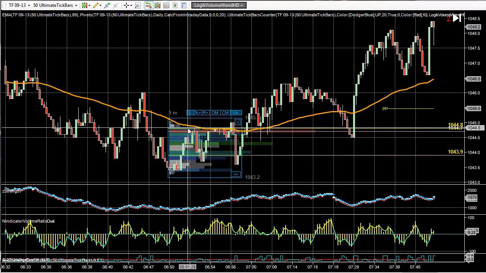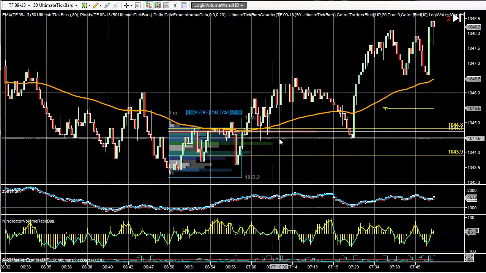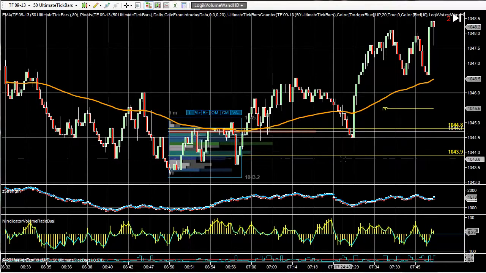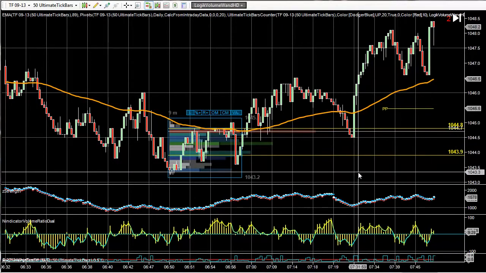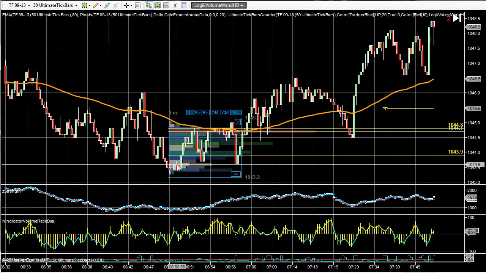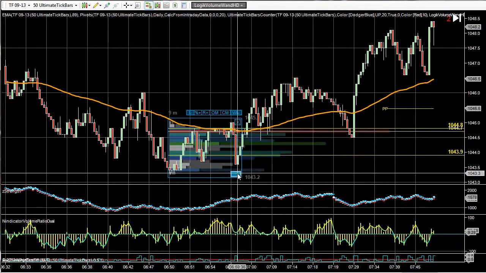this profile is clustered up towards the top here, and also notice that the point of control is up towards the value area high inside of this cluster. That being this whitish line is very close to the yellow line, and so it tells me that this cluster is orienting itself to the long side. It's not a normal distribution. And so